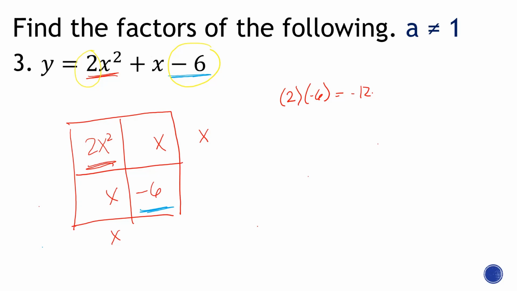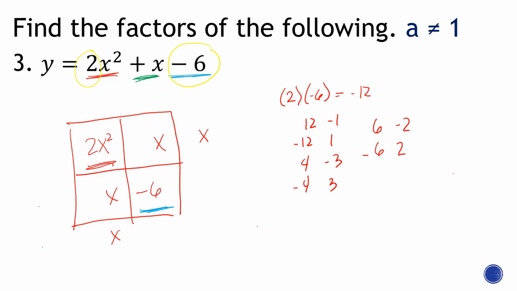Find two numbers. So when you multiply them, the answer is negative 12. Two numbers that have a product of negative 12. So that means 12 and negative 1 or negative 12 and 1. You can also have 4 and negative 3 or negative 4 and 3. 6 and negative 2. Negative 6 and positive 2. Now, which among these 6 pairs will give us a sum